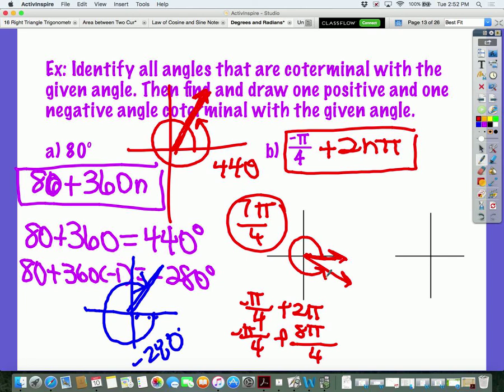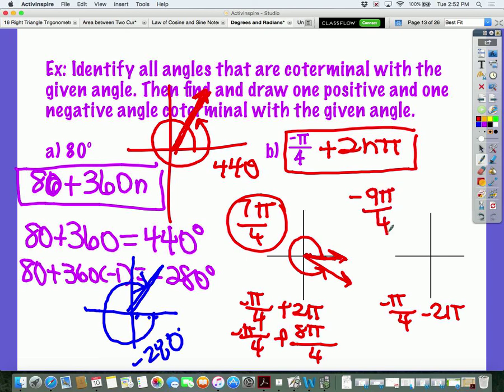If I did another value for n, such as 2, I would have to go around one more time and end right back there at my terminal side. What value do you want to plug in for n to get a negative angle? Negative 1. So that's negative pi over 4 minus 2 pi. Because when I plug in a negative 1 for n, that ends up turning into a minus 2 pi. So instead of adding 8 pi over 4, I'm going to subtract. And what value do you get? Negative